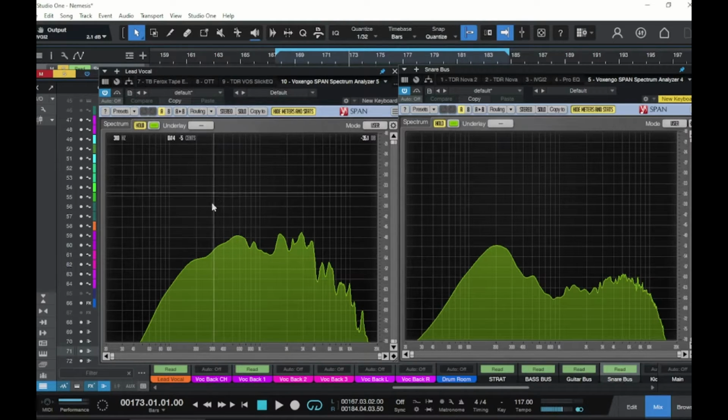And we can see on the vocal here on the left that the clarity region in the high mids is anywhere between 1.5K and 4K. This is where a lot of the clarity and enunciation of the vocal is cutting through. And we'll see that in the snare over here, the bulk of the high mid information in the snare that's cutting through the mix is just above that region of the vocal. And that is ideal. Now, in general, the 2.5K region is crucial for a vocal, and it's often crucial for a snare as well. And it's usually somewhere in the 3 to 5K range that we have the trouble with